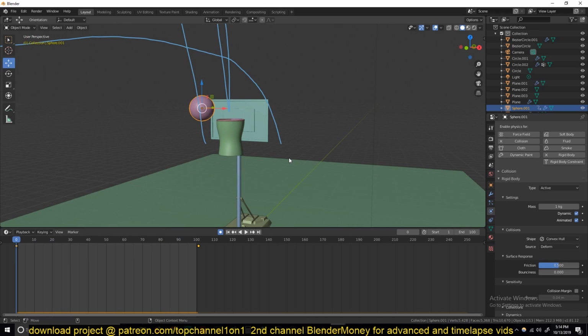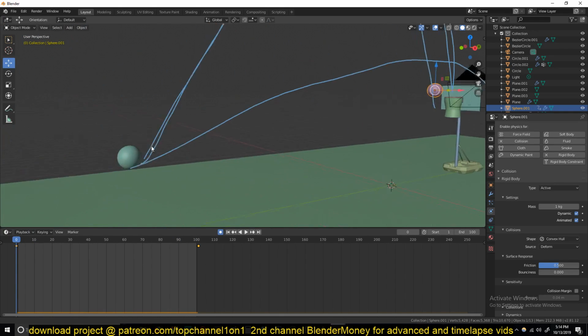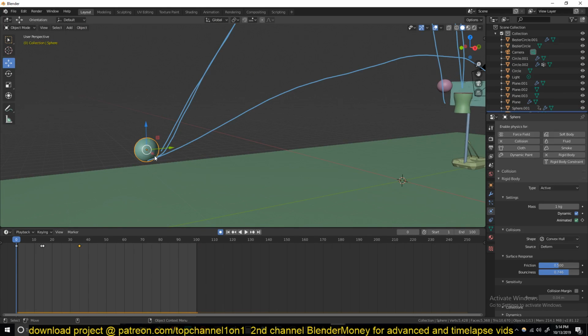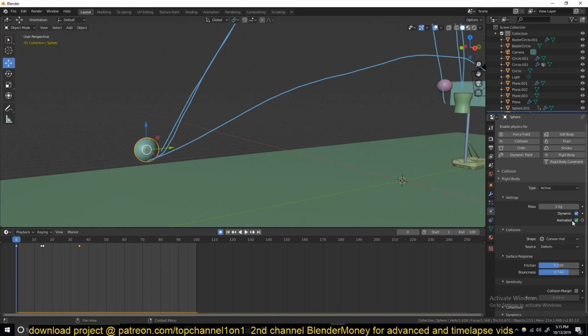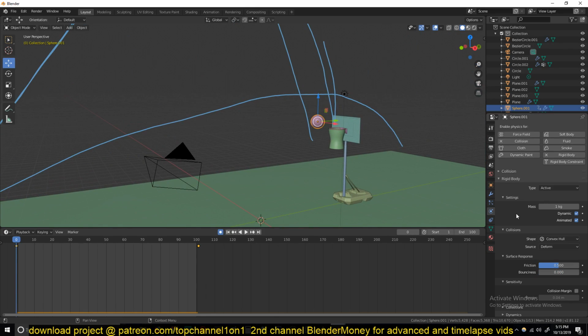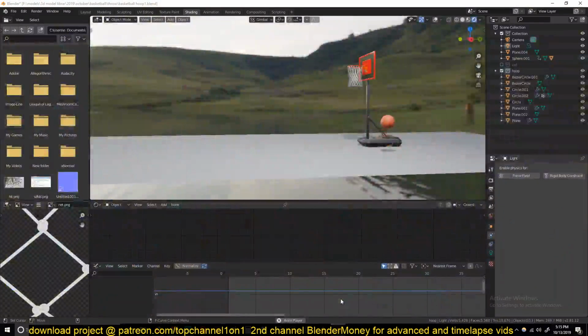Last time it wasn't working, and you can see this. What I'm doing here is exactly the same thing that is applied here. I have this as a collision object and also a rigid body with animated turned on. Same thing for this, but this is colliding with the cloth, but this one is not for some reason. I'm not sure if that's a bug or not,